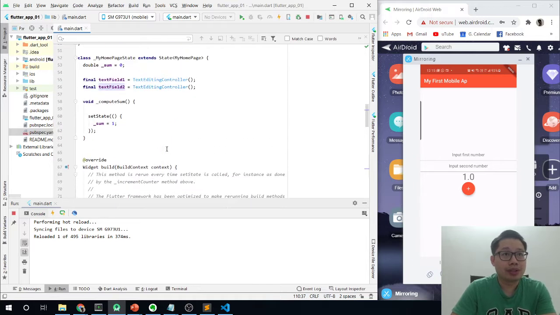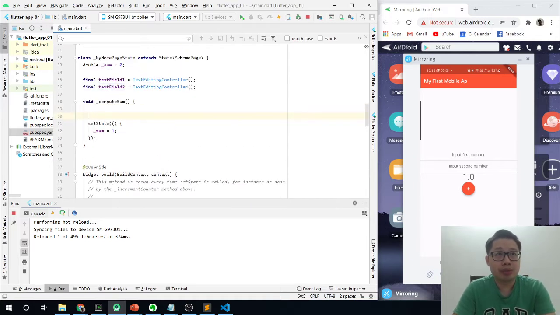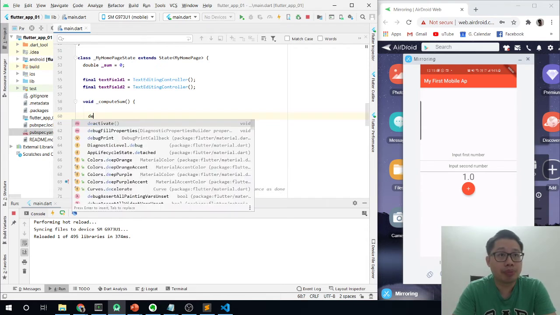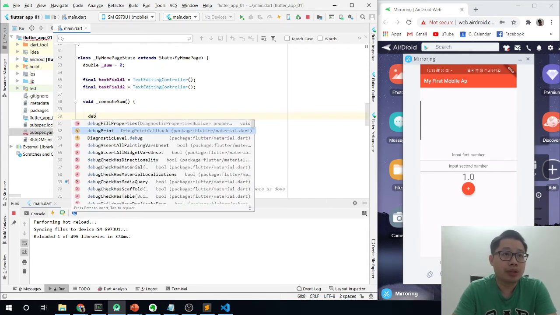So this is how you do it. Let's say someone presses the button. I want to get these two numbers that people already keyed in. So how do we do that? Let me use the debug print. Yeah, debug print. We can print